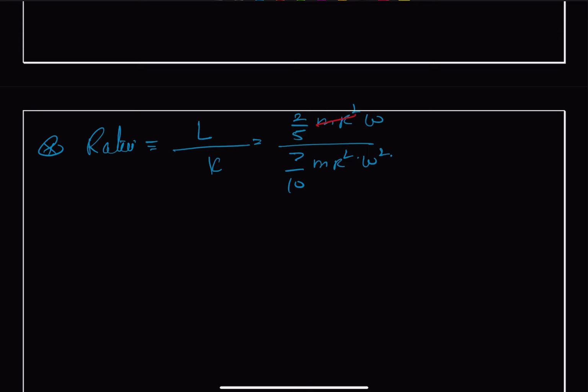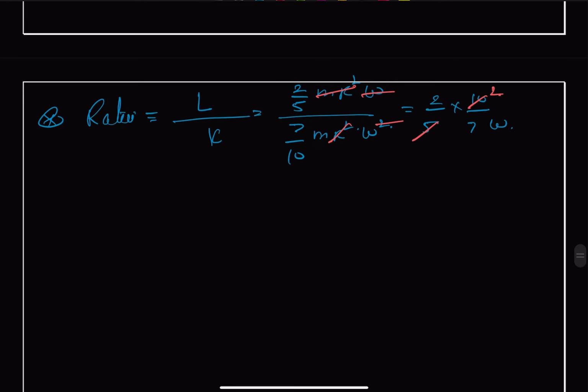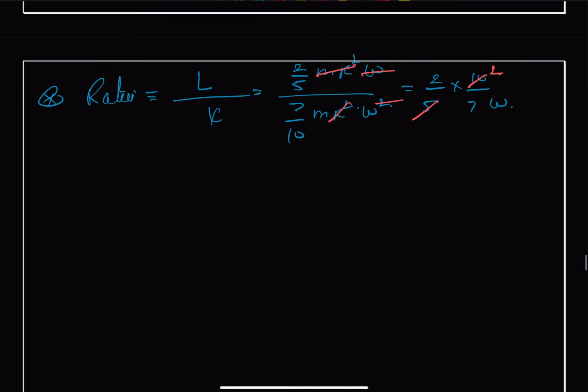Here mr square, omega, and this goes away. So this can be written as 2 upon 5 times 10 upon 7 omega, and 5 goes by this 10, so the ratio will be equal to 4 upon 7 omega, but this ratio is given as pi upon 22,